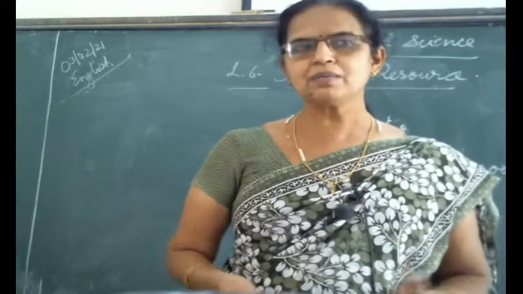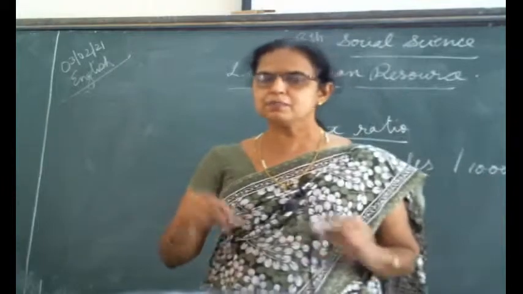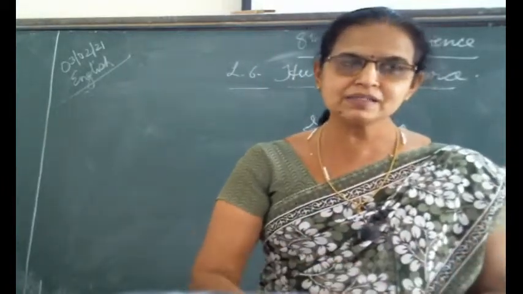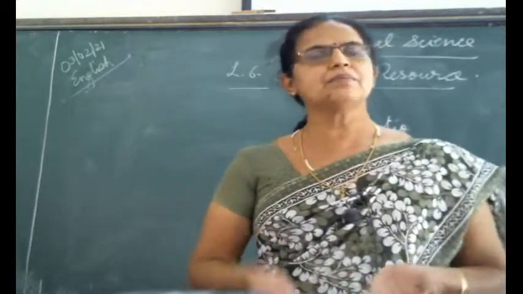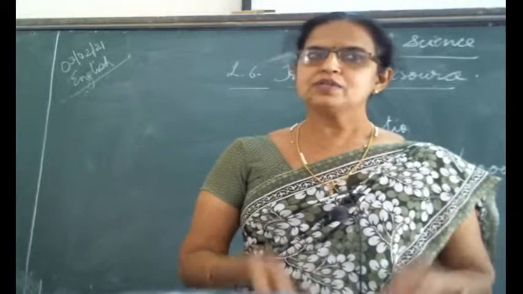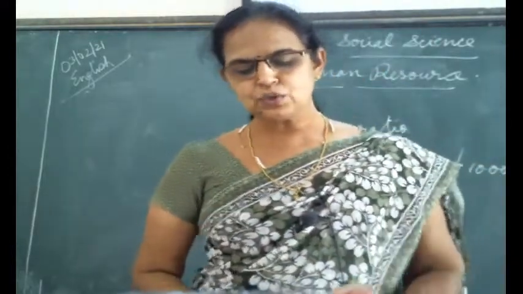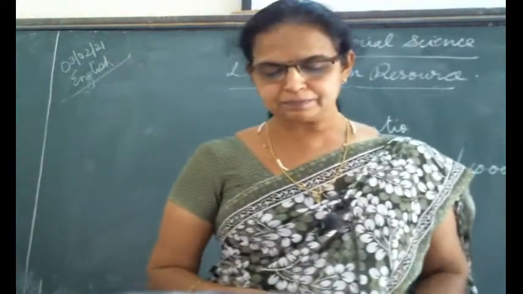So what do you mean by it started to decrease? Because it is calculating the number of females per males. So it started to decrease means the number of females is decreasing, otherwise the male number is increasing. So that is why we can say it is imbalanced. Now let us see things to know: the sex ratio as per the census of 2011.